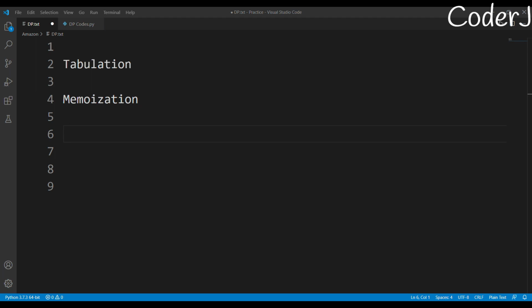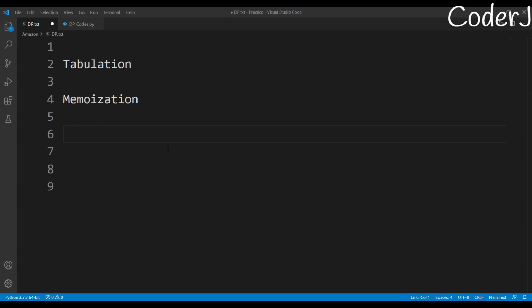Now you might be thinking why I am putting so much emphasis on tabulation and memoization, because they are just a way of storing the values. But that will actually become the core concept for your DP. On the basis of one of these approaches, whichever one you prefer, you'll solve the hardest of questions. Okay, so now let's move on to a little bit of coding examples so we get a better hang of it.